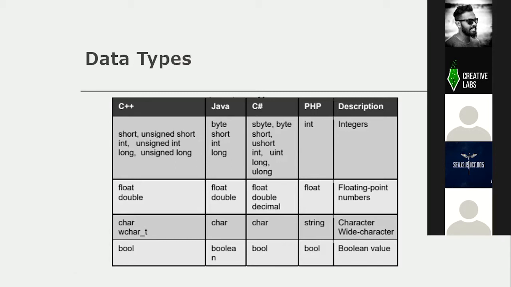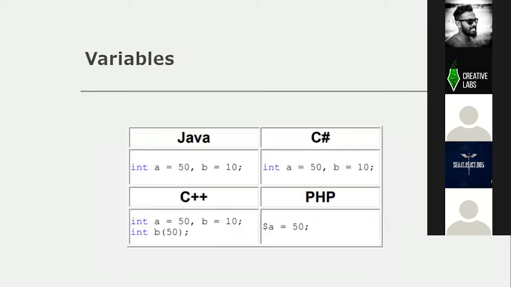So that is basically true or false values. Then this is what I mentioned before. If we are declaring some variables like in Java, we do it like this: int a equal to 0, and this is something similar to C# as well. So you can see the code differences, right? There's not much difference in variable declaration in Java and C#.